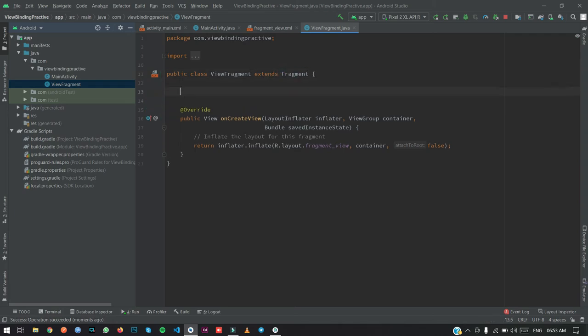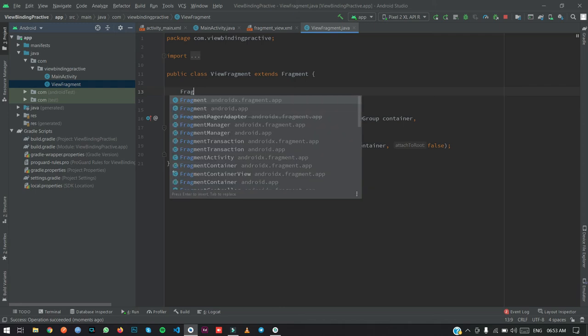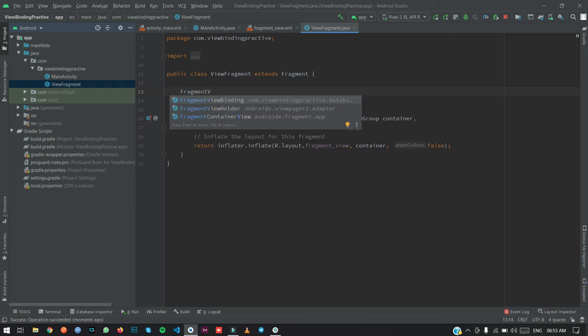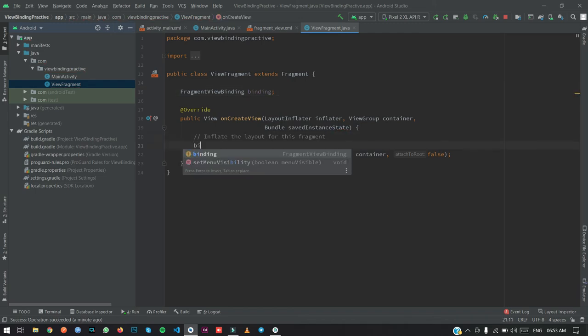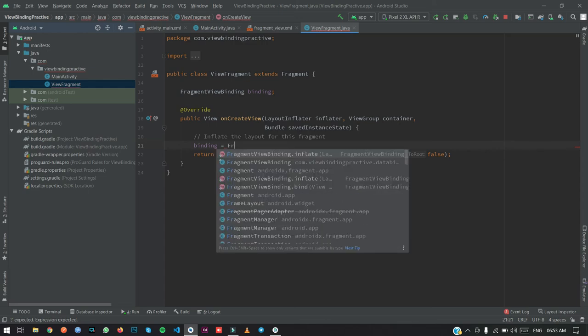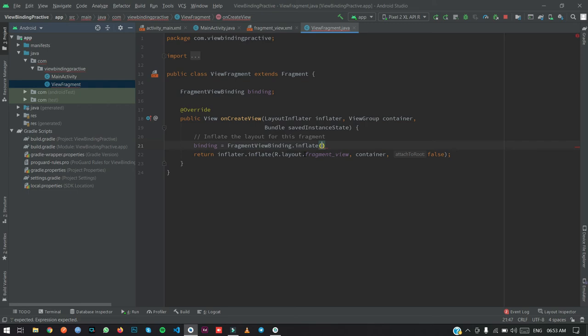Now what you have to do is type FragmentViewBinding. You just have to type your particular class name so you can find the instance of your view binding. Now you can find your binding, and use it as binding, and it will give you an inflated layout.